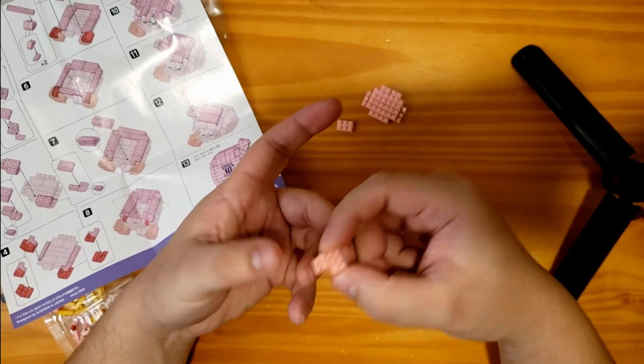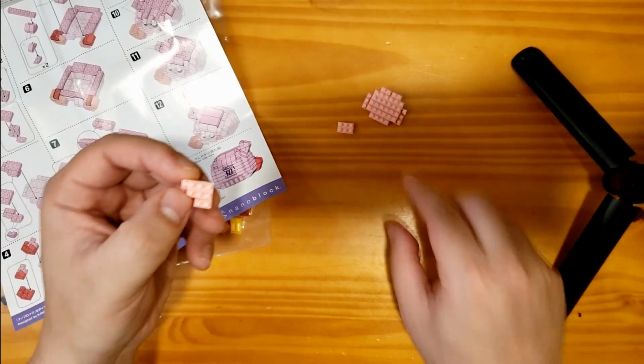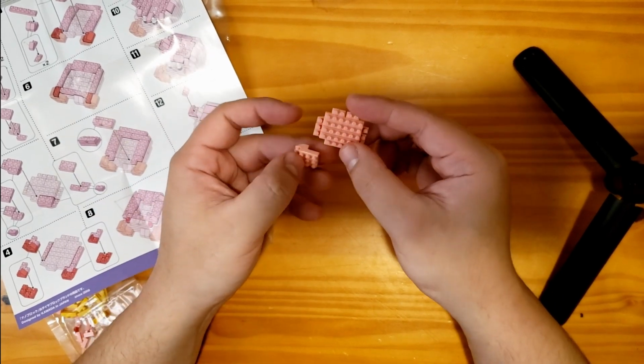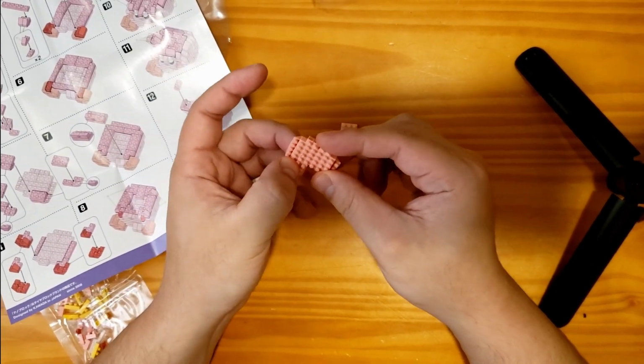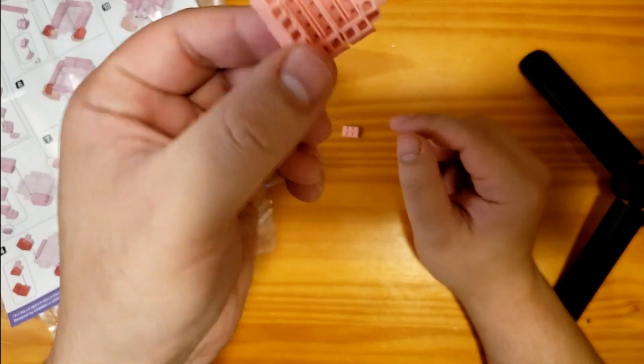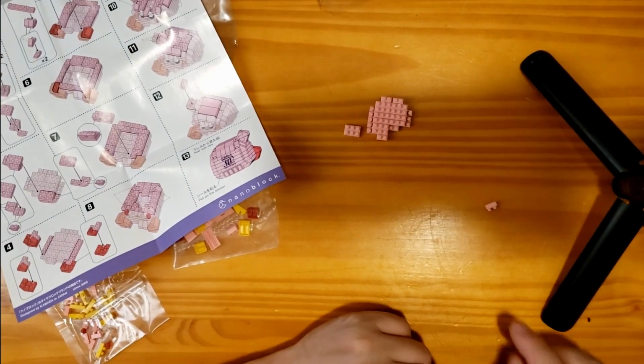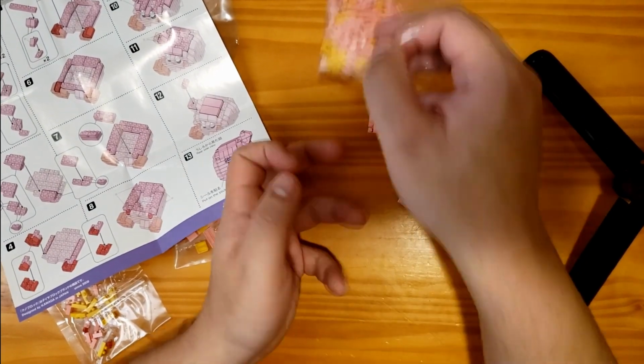Alright, we're going to need more of those bottom sloped ones, but it should look about like this. And then it'll attach like this, so it looks like we're making Kirby's base, just a kind of sphere. Alright, so